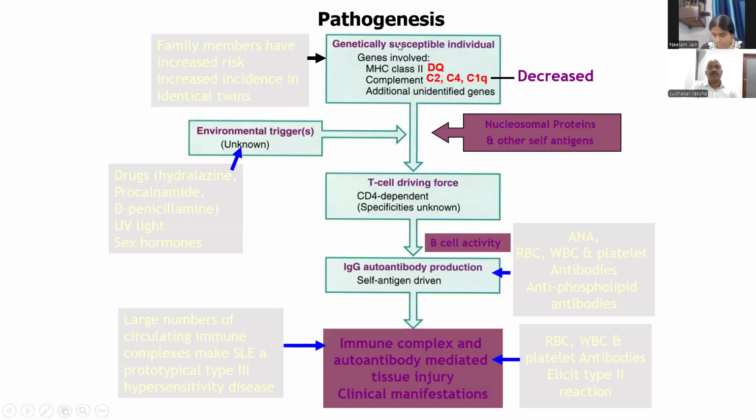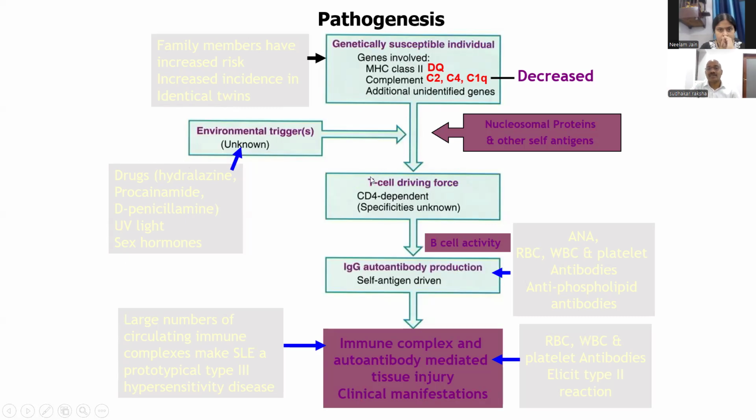So some background about what is happening in the autoimmune disorders. For example, this is a case of SLE. So as Neelamji was asking, what happens in SLE, we'll see. So in SLE, in some genetically predisposed individuals, because of some unknown environmental triggers, the trigger may be some viral infection, or because of consumption of certain drugs, or some hormone, or some other external agent in a genetically predisposed individual, that will drive the T cells, the